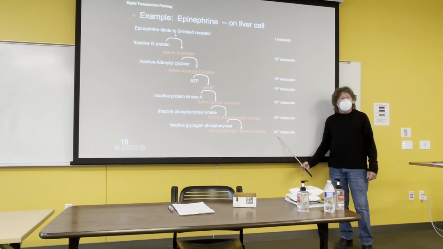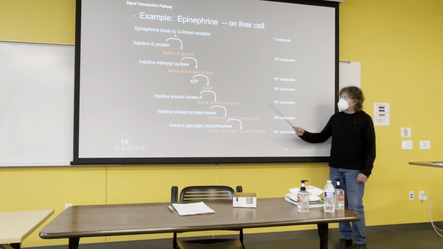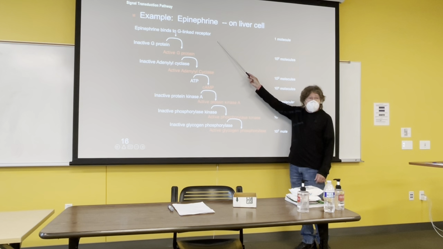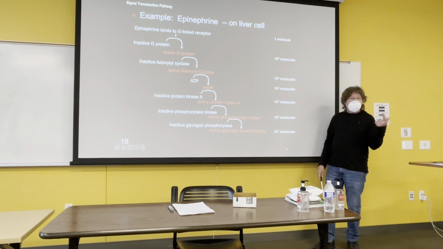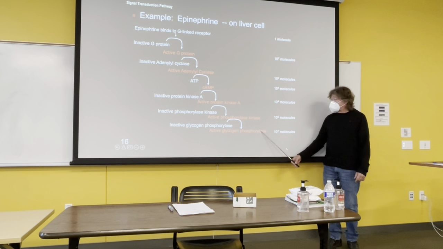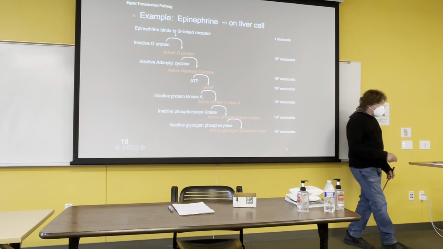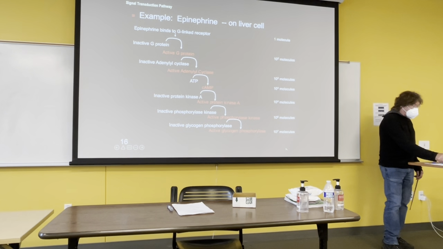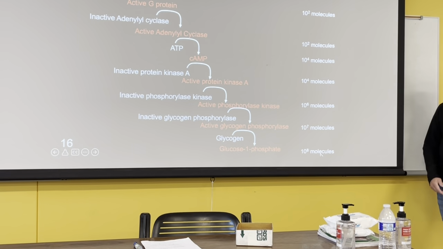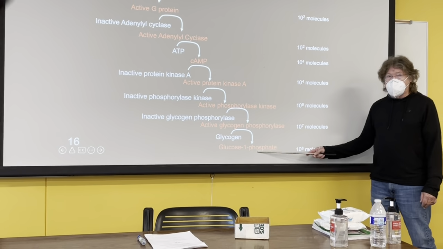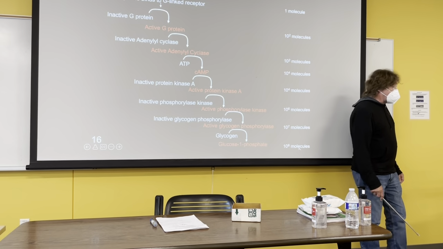But by this time now, we have real high numbers of this activated compared to just one hormone that bound, okay? And this takes just a split second to happen, okay? It's real fast, all right, real fast. So we get this amplification real quickly, and so that's this active glycogen phosphorylase that is breaking glycogen down into glucose 1-phosphate. Okay, let's just illustrate.